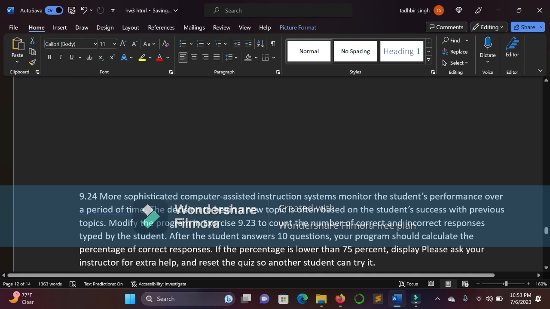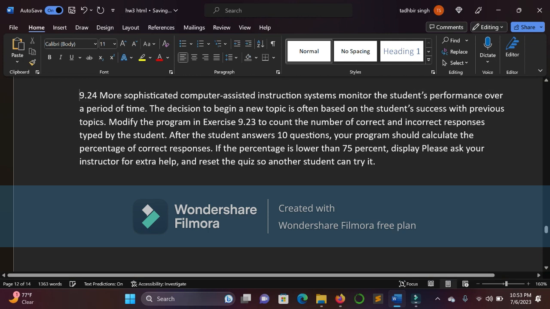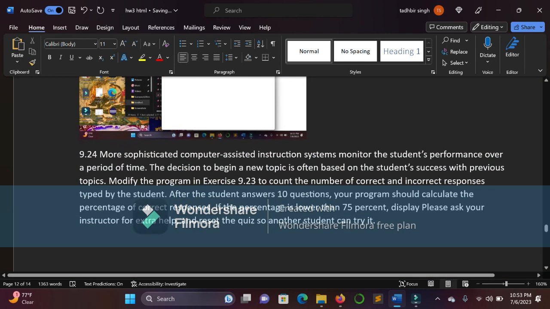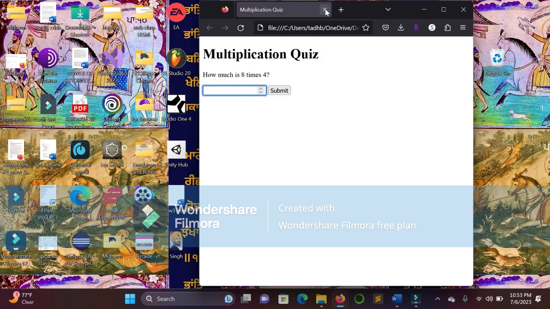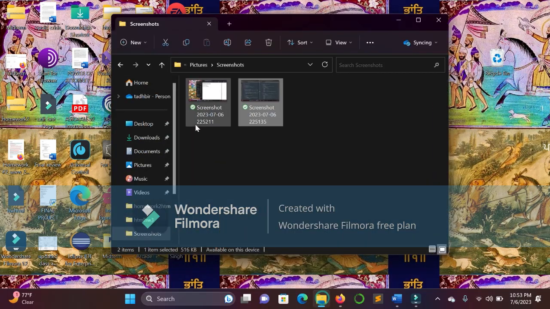All right. 9.24, more sophisticated computers. Let me clean this up a little bit. All right, more sophisticated computer assisted instruction systems monitor students' performance over a period of time. So this one is a continuation. If it's lower than 75%, it's going to put a limit. It's going to put 10 questions, and then it's going to give us a prompt alert message that we need extra help. So let's open